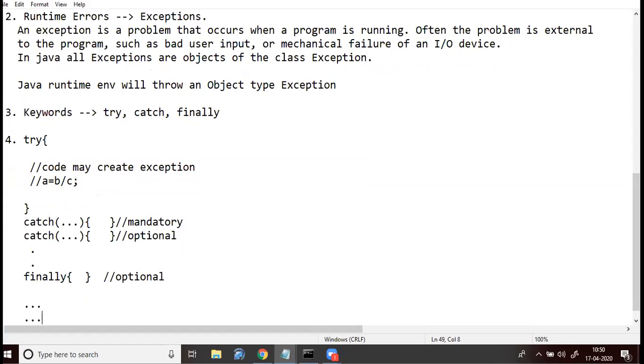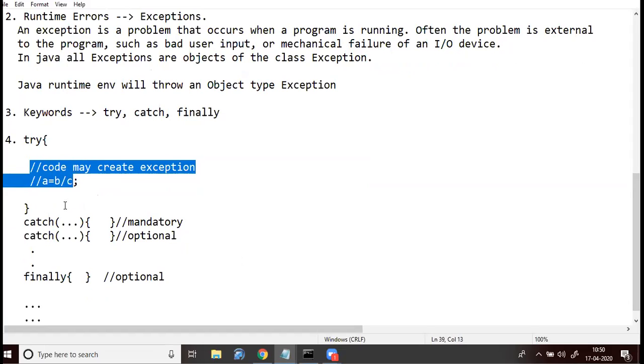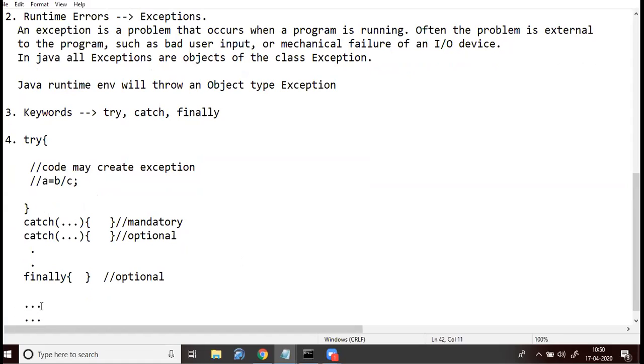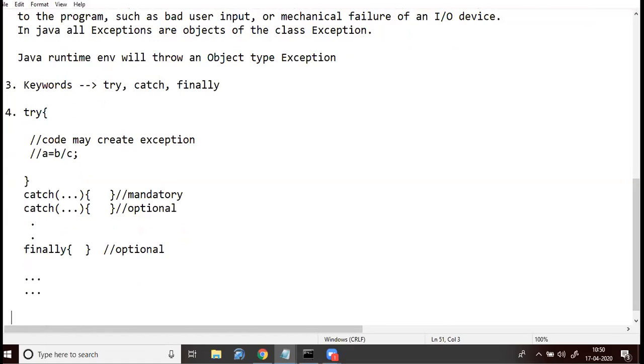If there is an exception, the respective catch block will execute, and after that the code that follows the catch block will execute. So this is how we write exception handling code.